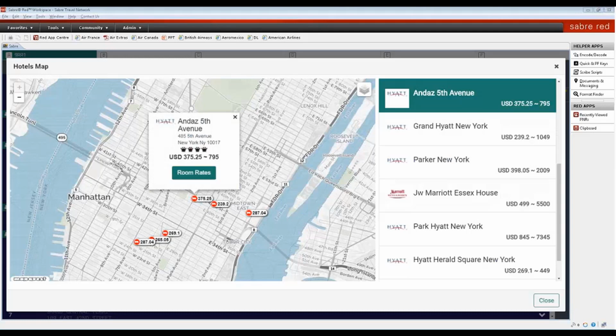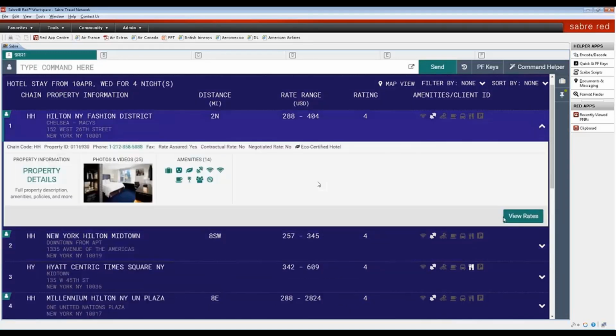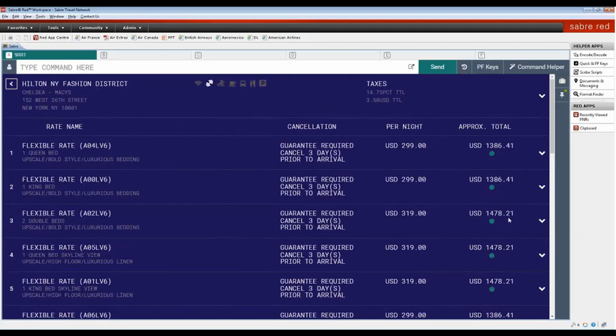The new layout allows you to focus on the cancellation policy, room rate, and also commission rate information. Let's go into View Rates. And this is the column with all cancellation information. After finding the perfect stay for the traveler, you can quickly guarantee the room and transmit pertinent information to the